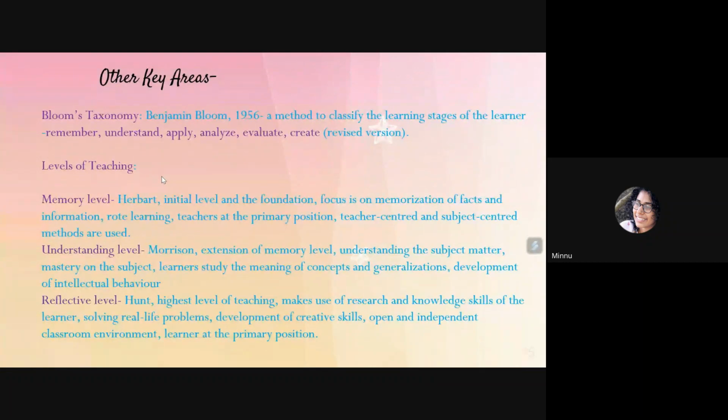Now, the third level is the most important level when it comes to learning. And this was put forward by Hunt. And it's the highest level. And it makes use of research and knowledge skills of the learner. And what happens is that at memory level, the facts are learned. At understanding level, the concept is